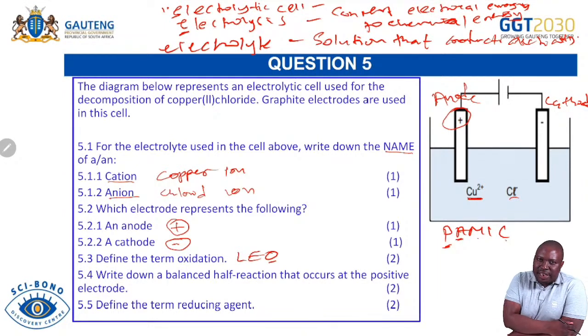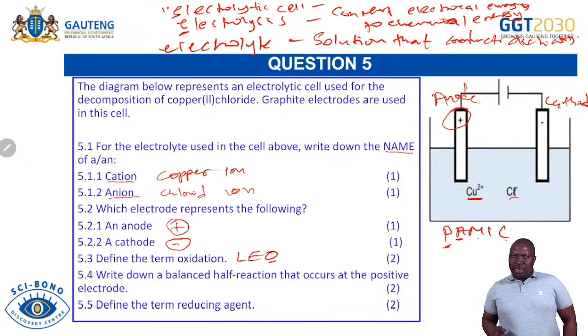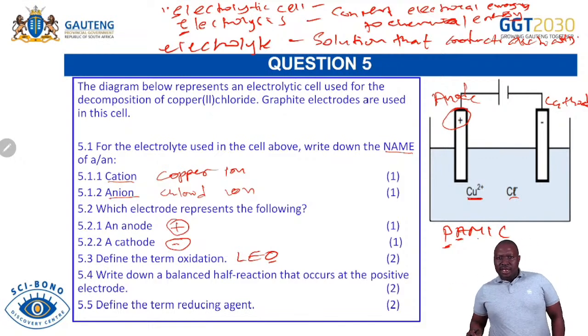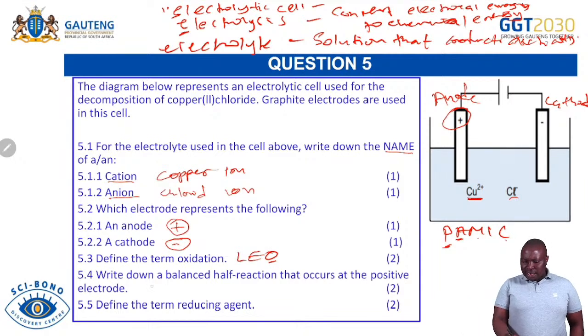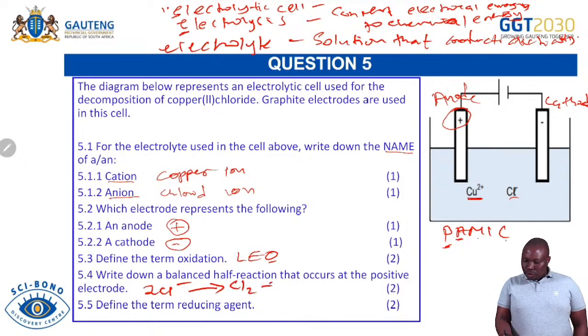Please don't forget that. We are saying that in an electrolytic cell, chlorine will always lose electrons, will always be at the anode. So don't forget that. We will have chlorine always losing electrons. So as long as we have chlorine, it will be 2Cl⁻ forming Cl₂ plus 2 electrons. So I'm saying always in the electrolytic cell, chlorine will always lose electrons.